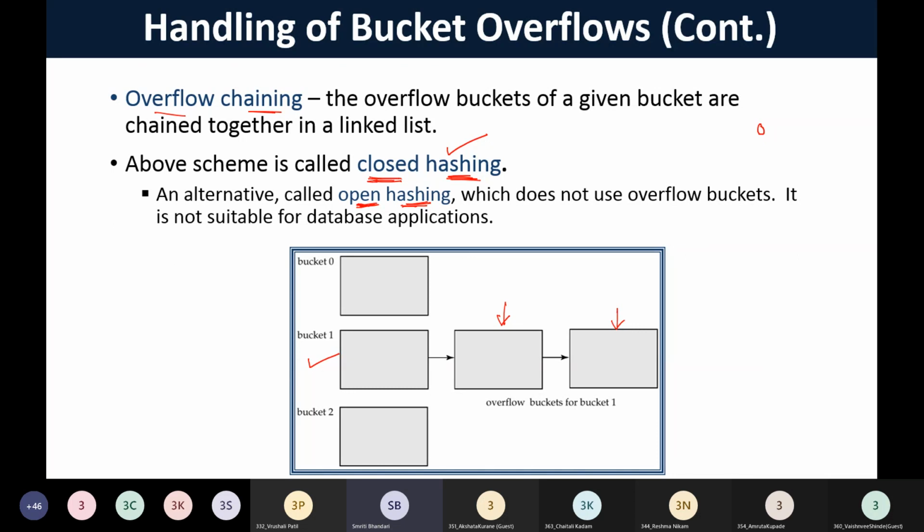In the next class, we are going to discuss hash indices. We have seen how to organize the records using hash file organization. In the next class, we will discuss hash indices. Then we'll look at a few disadvantages of static hashing, and we'll discuss dynamic hashing. Right? So I hope